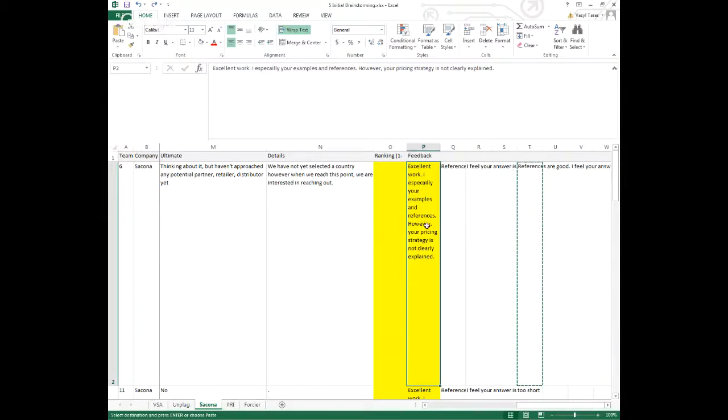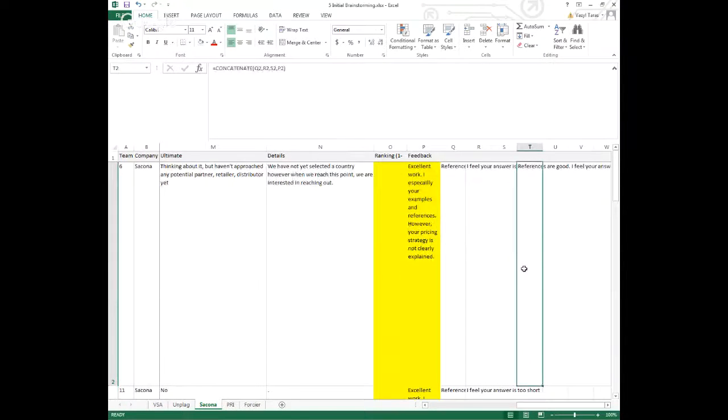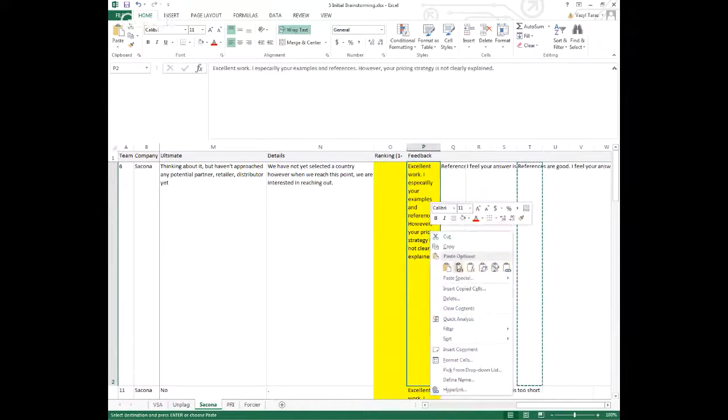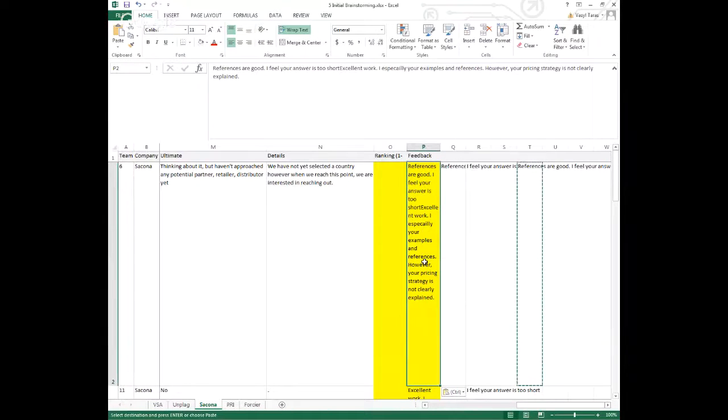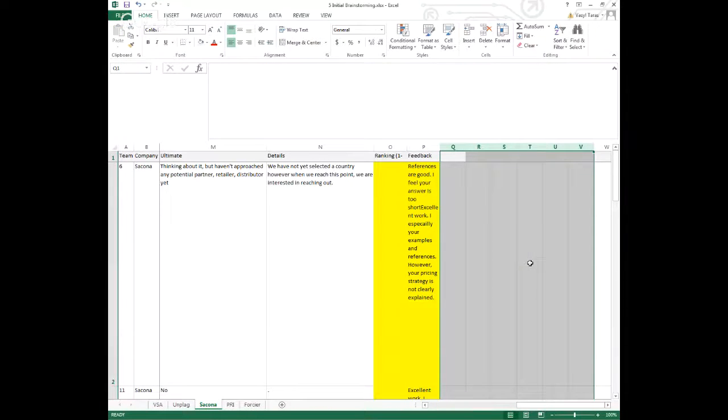So that allows you to do much more than just simply, I think I missed one of the columns, like this. So you highlight all of the columns, enter, you have your combined feedback, and then you can always just copy it here. If you don't want to do that, it's perfectly fine. You can just type whatever you want in one column. It's just one of the tricks that you might want to learn if you want to master Excel for the future. Now, so far so good.